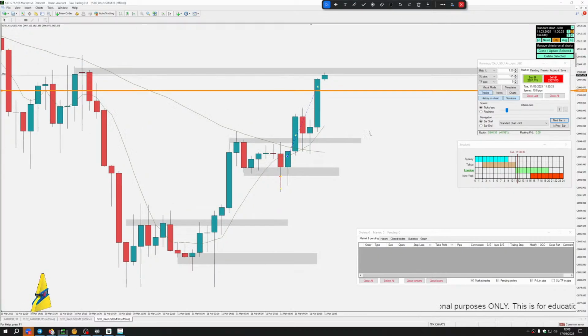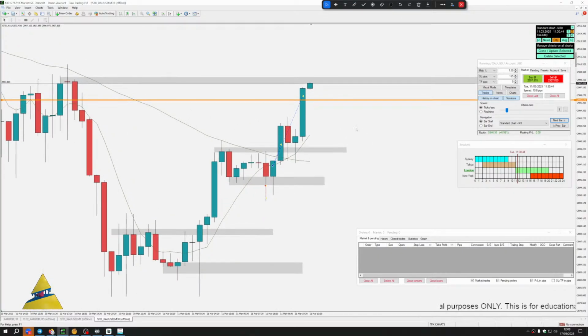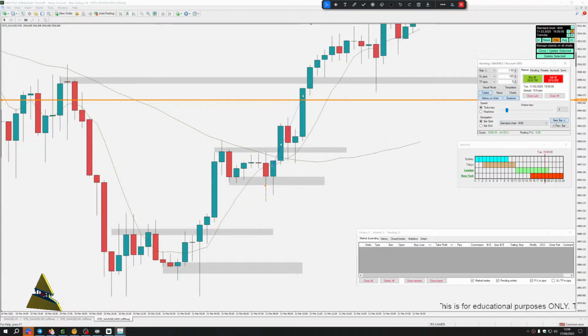So let's hope we can get some of this PA next week. Now this is January, February, March. This is the 11th of March that we're doing this backtesting. So I think March was a pretty good month. We're going to see what happens next week. But let's just go over to